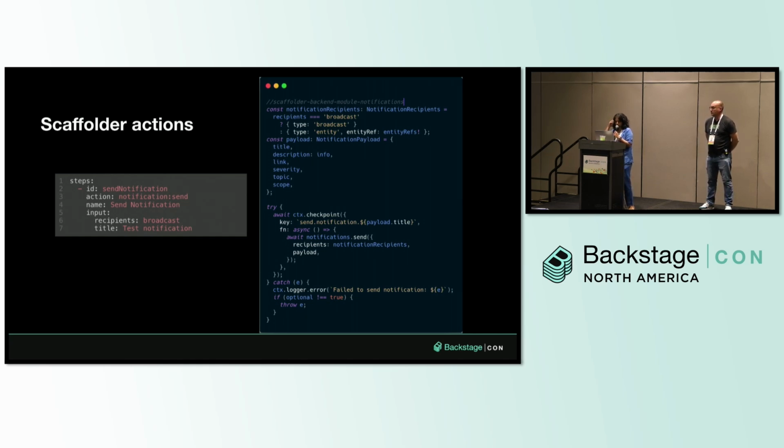That's using an extension point that was built in the scaffolder plugin. So some of the code there, you already recognize based on the example that we saw before. But if you look on the left side, that's actually part of the template YAML that you would write when you're creating a new template. And you'll see that you can add a step to send a notification. And again, the recipients here,